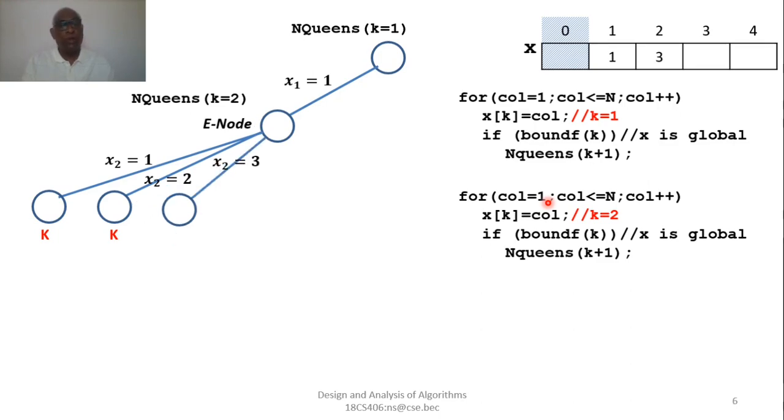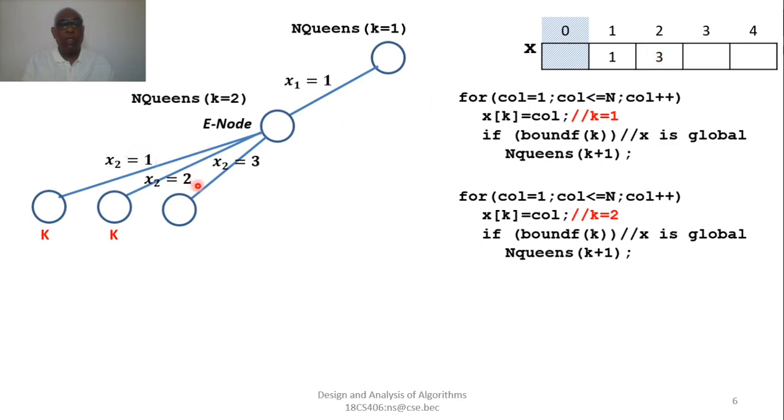So x2 equal to 3, rather. So x2 equal to 3, as a result of which this node is created, and this value of x2 is stored in the x of 2 location. You can witness how the value of x of 2 has changed